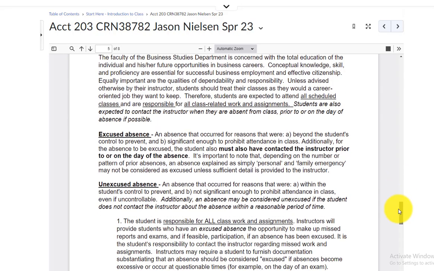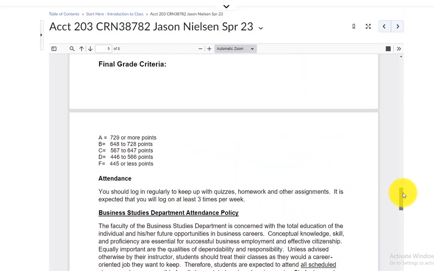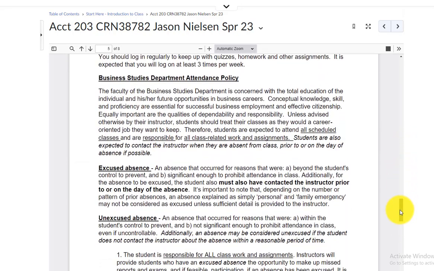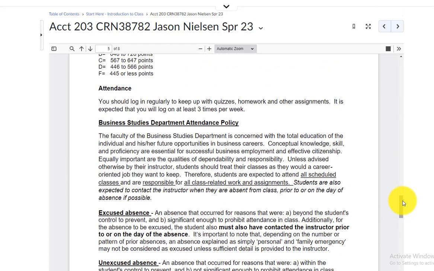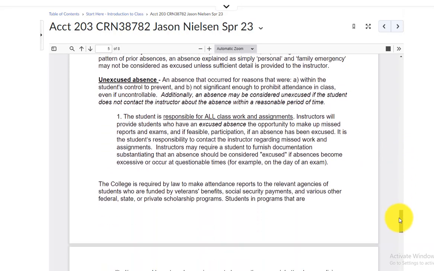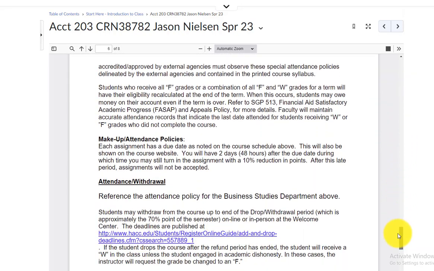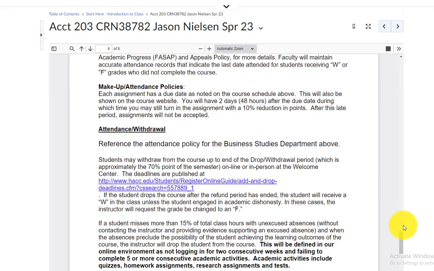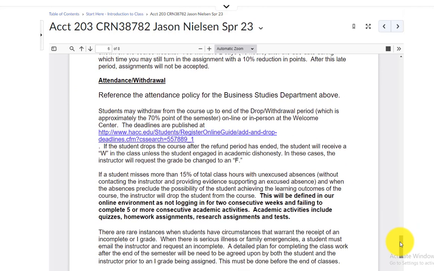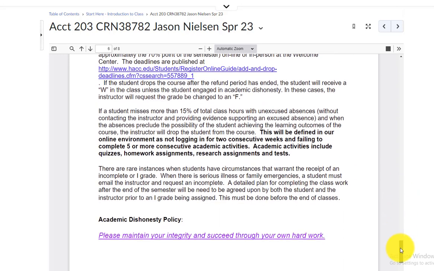We want you to participate a couple of times a week at least. Make sure that you keep track of what things are due and what you need to accomplish each week. Just because you can do it any time does not mean that there aren't due dates and things that are expected. Okay, if you need to withdraw